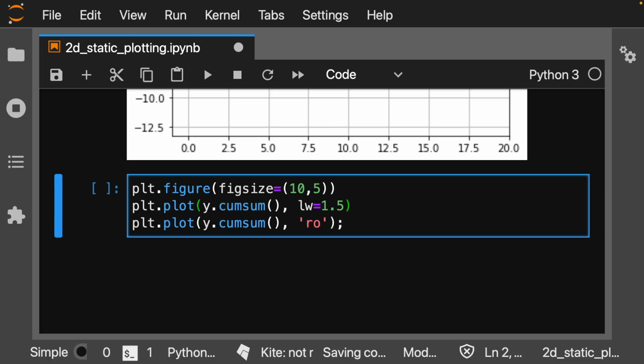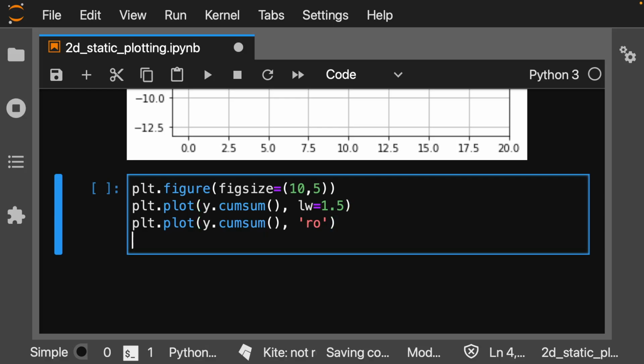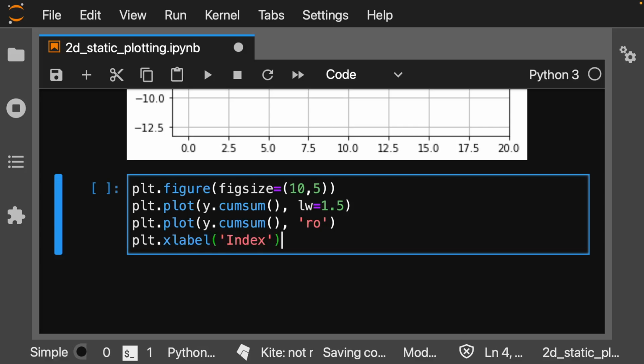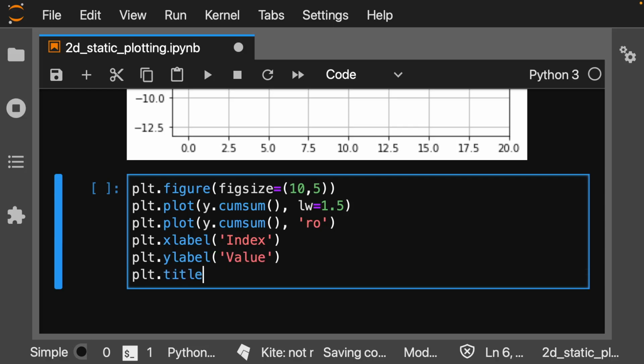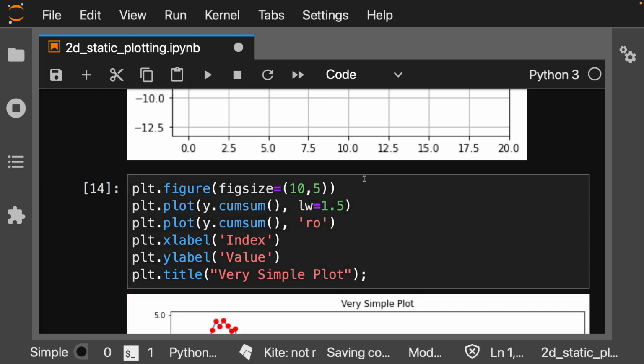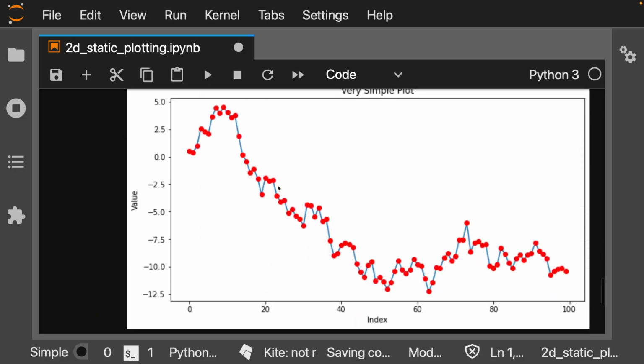And I don't actually need that. Let's go on and add an x label. Let's call this the index. plt.ylabel, we're just going to call this the value. And then we'll do plt.title, very simple plot. Run this, and now notice we have one of these standardized plots where we have these small dots at each of the points,